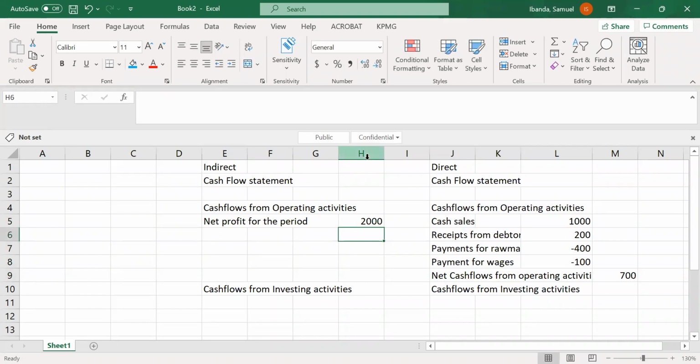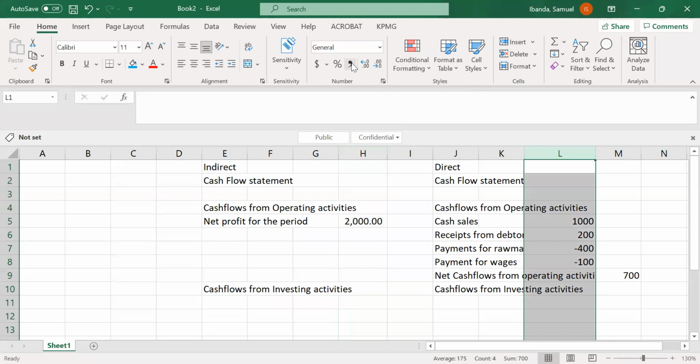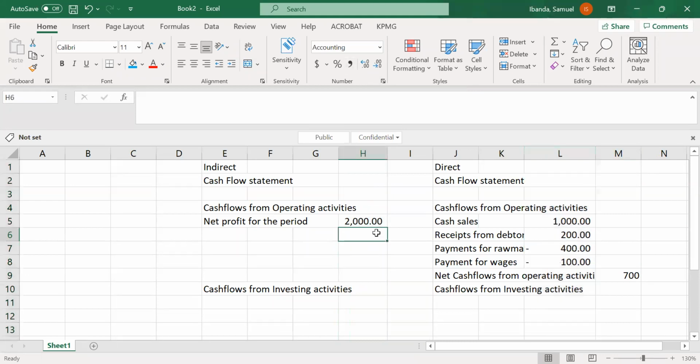Now, one thing that we need to understand is net profit comes from the income statement. And when we are preparing the income statement, we consider both what has been paid on cash and what has been paid on credit. That is if we are looking at, let's say, raw materials. But even for sales, we look at both sales that have been on cash and both sales that have been